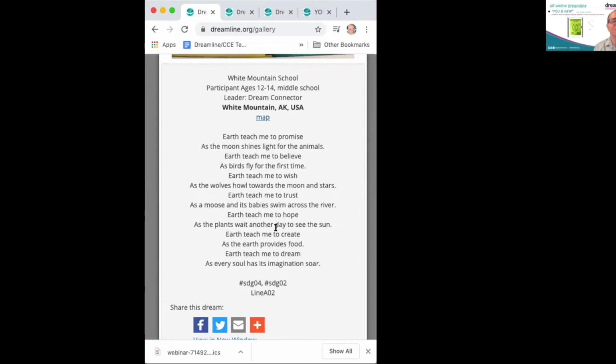Earth, teach me to wish as the wolves howl toward the moon and stars. Earth, teach me to trust as a moose and its babies swim across the river. Earth, teach me to hope as the plants wait another day to see the sun. Earth, teach me to create as the earth provides food. Earth, teach me to dream as every soul has its